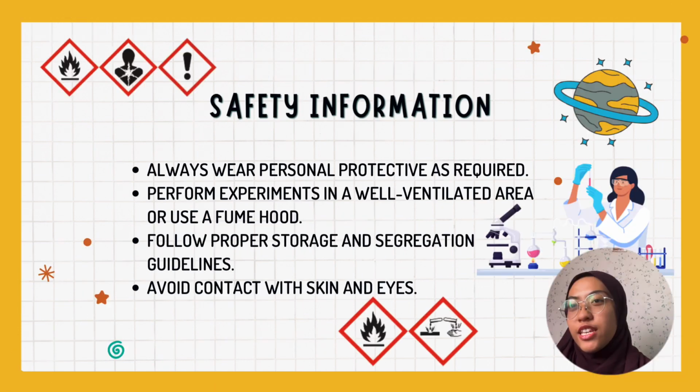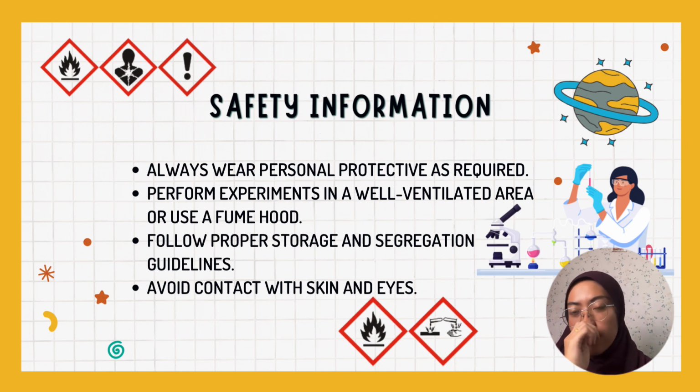Next is safety information. If you look around the slide, you will find a lot of hazard signs. The top sign is for ethanol and the bottom sign is for ethanoic acid. These signs mean flammable, carcinogen, and danger, whereas the bottom part is flammable and irritation. As we can see, both of the chemicals aren't for us to use carelessly, so this is the safety information